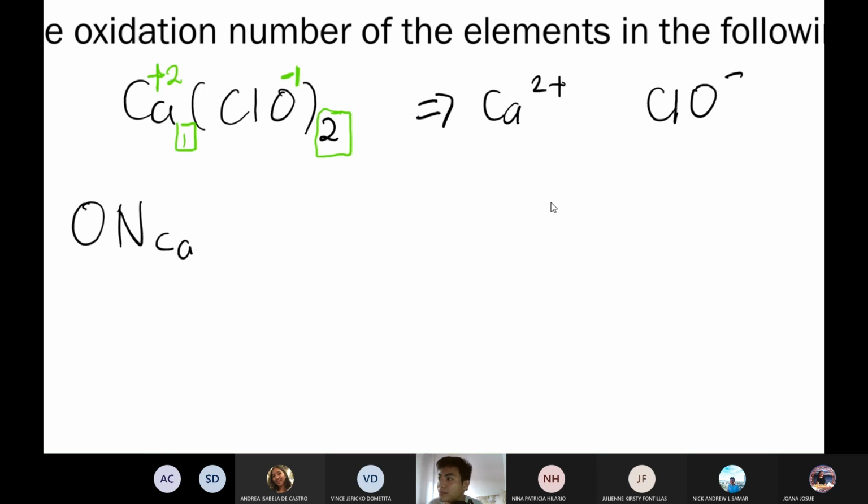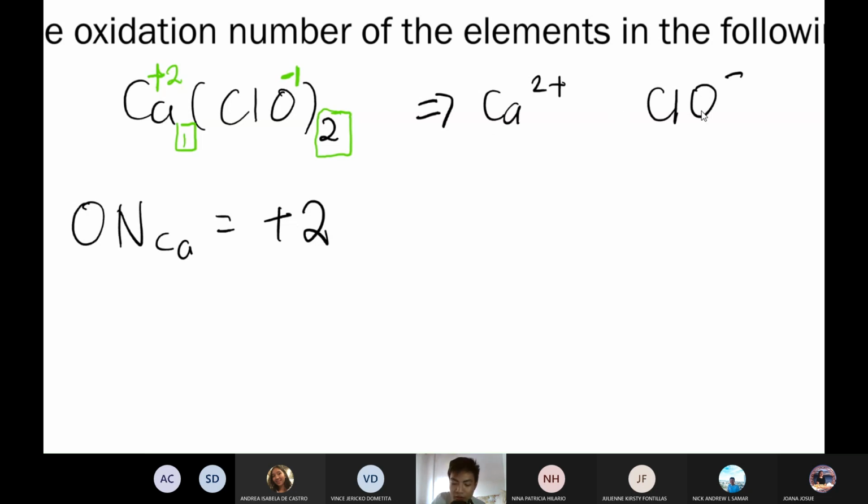Okay. For calcium, this is a monoatomic ion, which means the oxidation number is automatically positive 2. Why don't I set it equal to 0? Yes, it's still the same. But the problem is that later, two will be missing. Worse, if three are missing, you won't know how to solve it. That's why I want you to always split it. It's an ionic compound, so you can split it. So, for calcium, that's 2 plus.